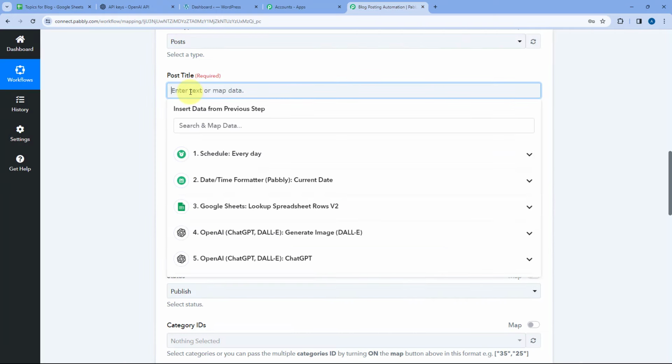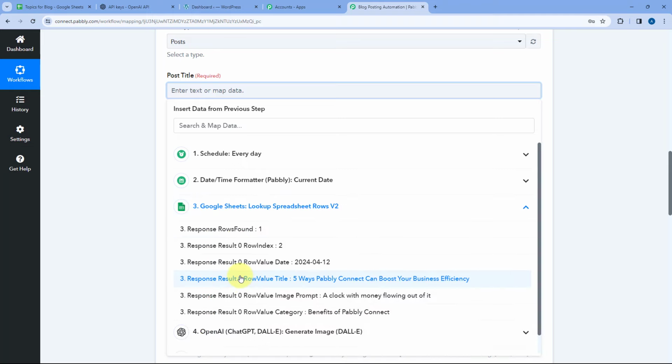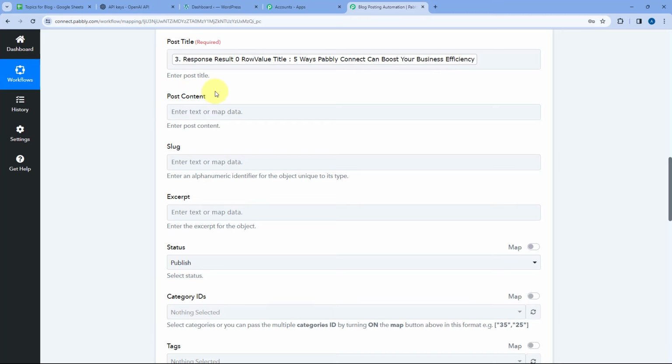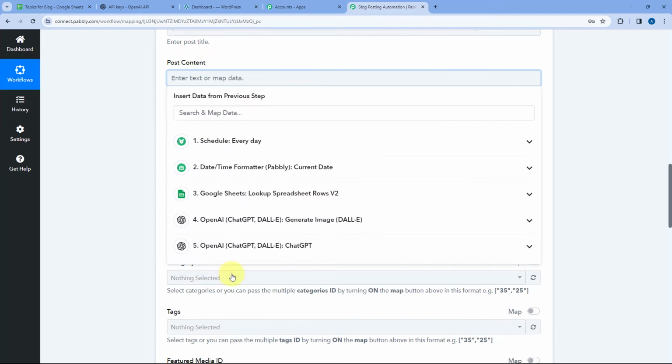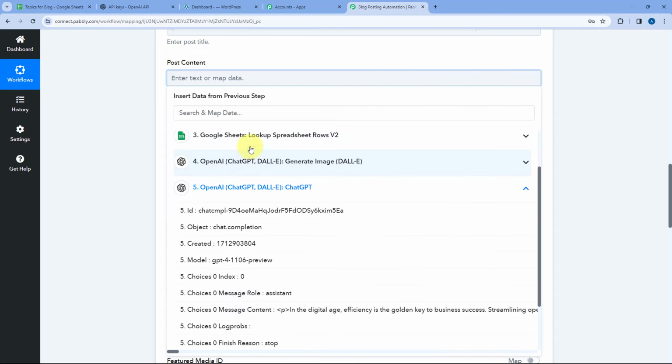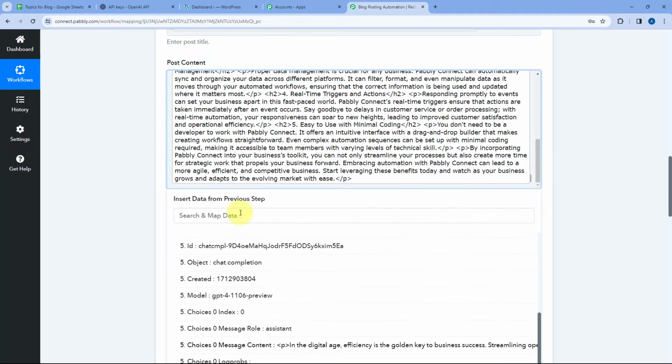So here we'll just click on this field, and as you can guess from the drop down from Google Sheet responses, we are going to select the response of the title of the blog and map it. Then here in post content, we are going to map the response of OpenAI which we have received of generated content. So from the drop down from OpenAI responses, ChatGPT responses, we are going to select the message content response